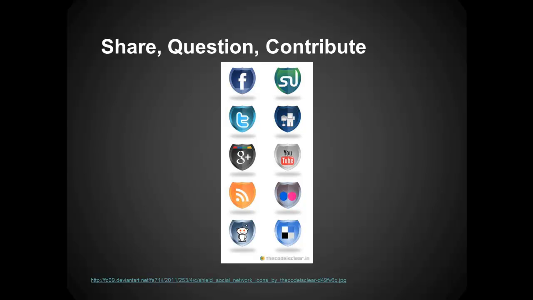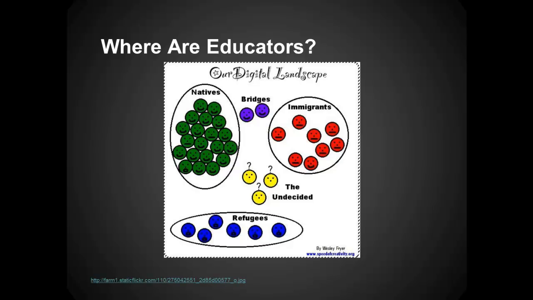So what I want to leave you with on this, after this first part where I just kind of talked about some of the background information, some of the research or the reading that I've done, is for you to think about where are you? Where are you as an educator? Are you a digital native? Do you just feel right at home on the computer with your devices integrating in your classroom? Are you an immigrant? Are you someone who is working to become that kind of native that feels that way? And remember, these are not bound by age. Are you the type of person that is working with other educators and saying, hey, you're an immigrant, I'm going to help bring you over to this native side? I'm going to be your coach, your learning coach.